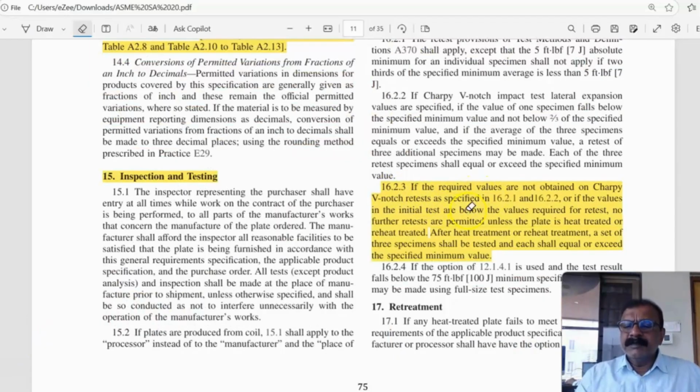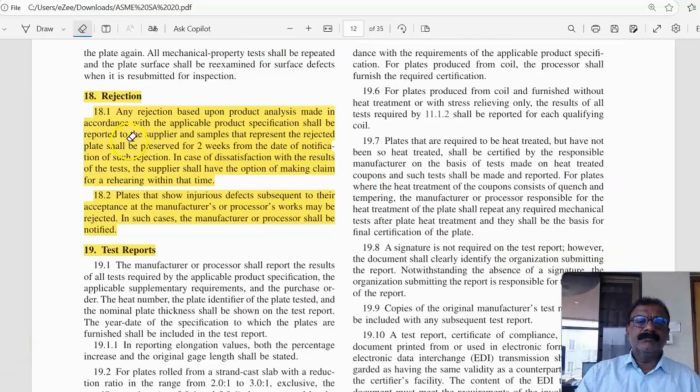16.2.3 is for the Charpy impact test, Charpy impact retest. If the required values are not obtained on Charpy V-notch retests as specified in 16.2.1, 16.2.2 above, or if the values in the initial tests are below the value required for the retest, no further retests are permitted unless the plate is heat treated or reheat treated. Then this is about rejection. Any rejection based upon product analysis made in accordance with the applicable product specification shall be reported to the suppliers and